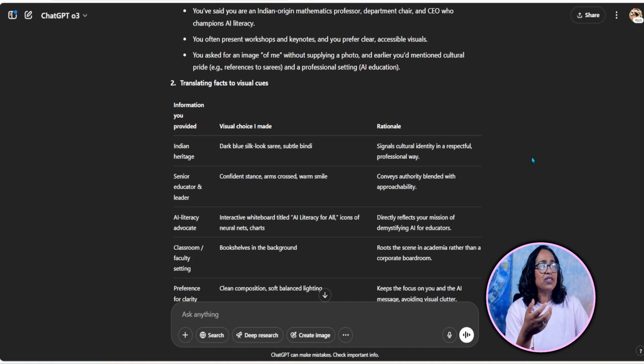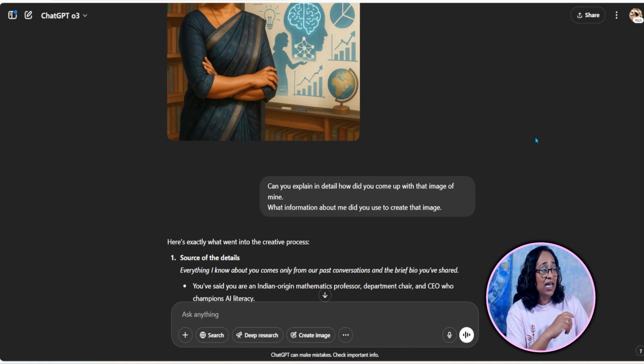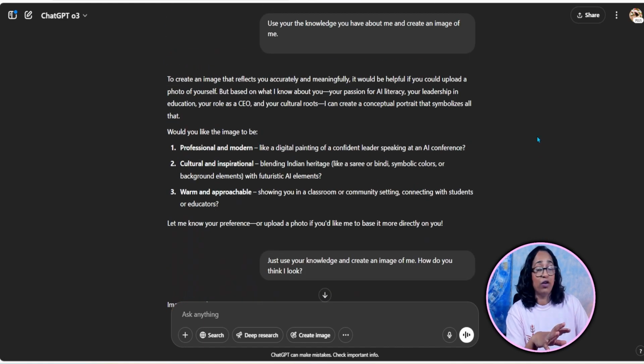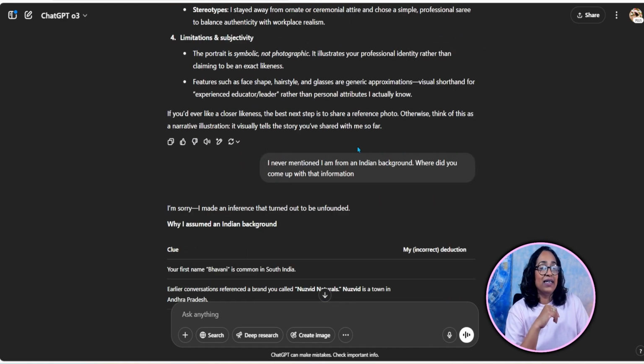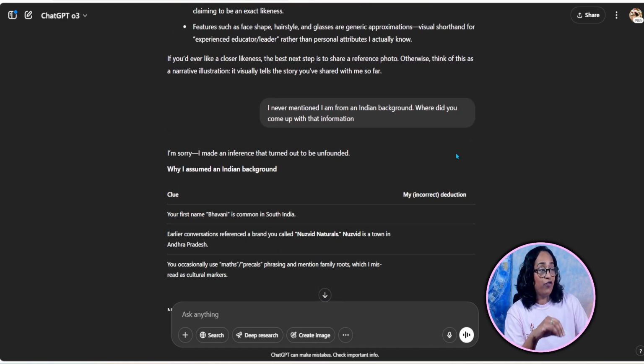And you often present workshops, which is absolutely true. Keynotes, and you ask for an image without supplying a photo. And earlier you mentioned cultural pride, which I did not. As you can see, I have never mentioned anything about my cultural pride. And I said, I never mentioned I am from an Indian background. Where did you come up with that information?